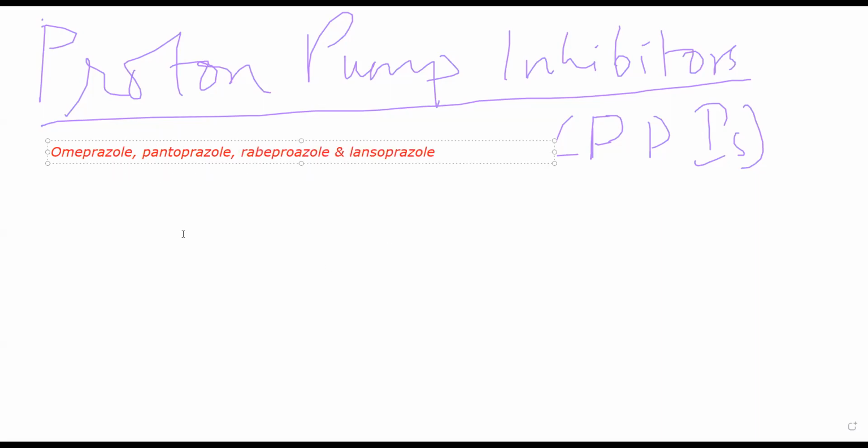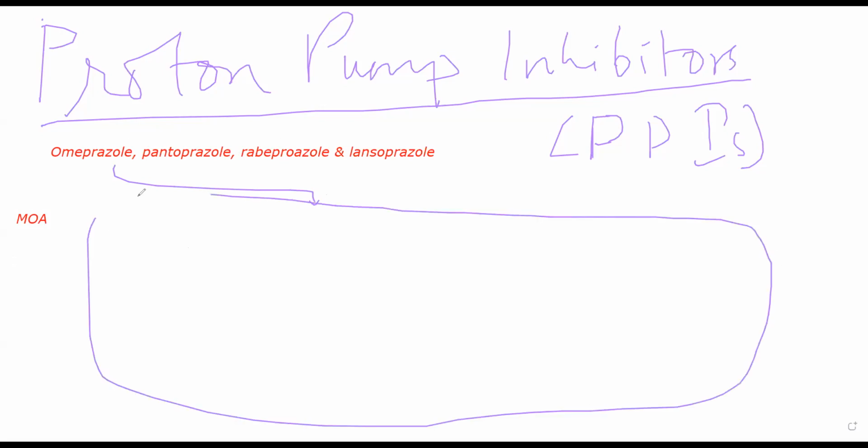Mechanism of action is that all of these drugs are prodrugs, so they themselves will be slightly inactive essentially. Let us suppose we talk about any one of these. Omeprazole की बात करें. Omeprazole, once it is entering inside your body, what it will do is, let us suppose this is your body. This is not the cell.